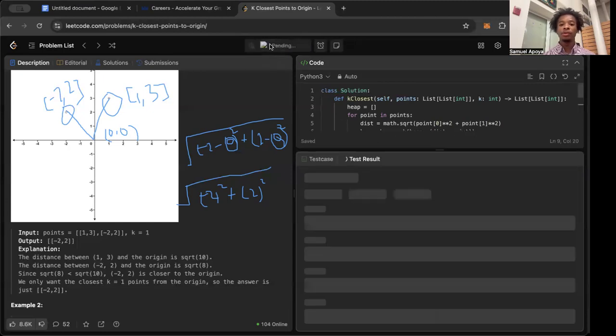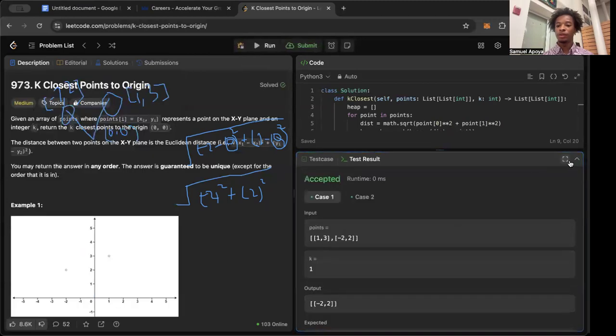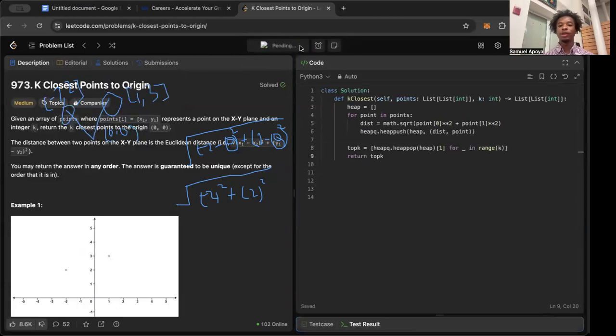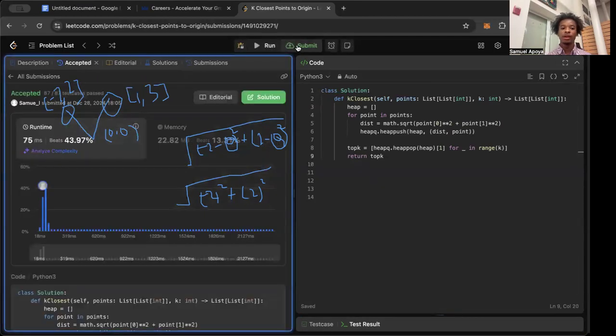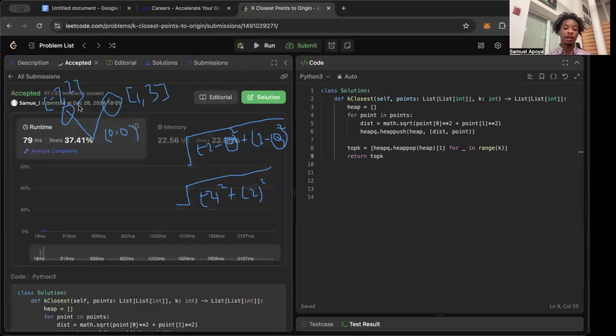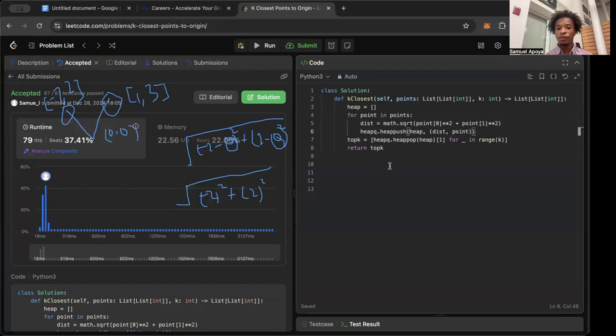Let me run it here. And it passes the first two tests. So let me submit it. And it works. And it's pretty efficient. The runtime can be random sometimes. You see? Yeah, it's pretty efficient. So this is it. If you just want to know the space and time complexities,